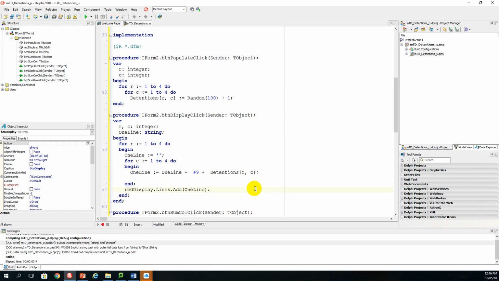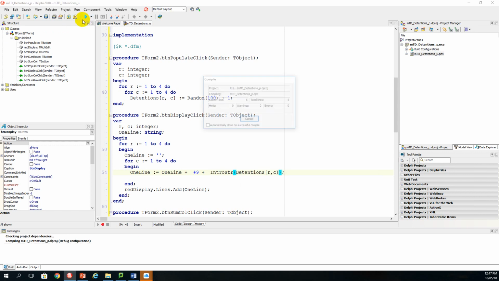We have an error. That's very good. So now we need to look at this statement and look at what the error is. What I'm trying to do here, this is a string component and the index of R C is an integer. Therefore we have an incompatible type error. So what we needed to do is convert this, I'm going to put that into a bracket, into a string. And to convert that into a string is a simple command. The computer will pick it up for you. IntToStr. And now if we run it,